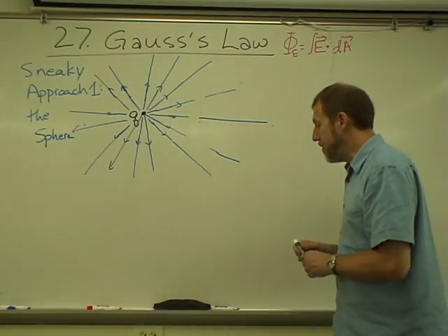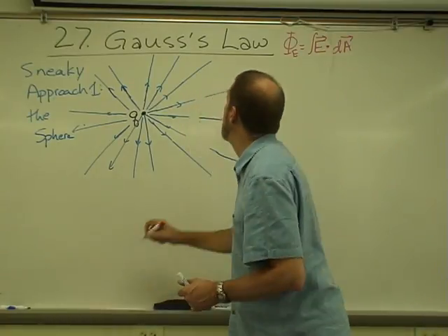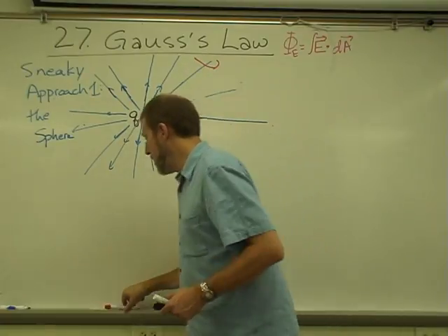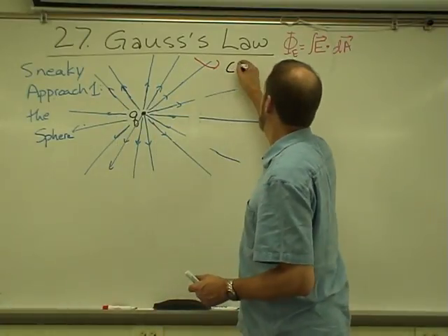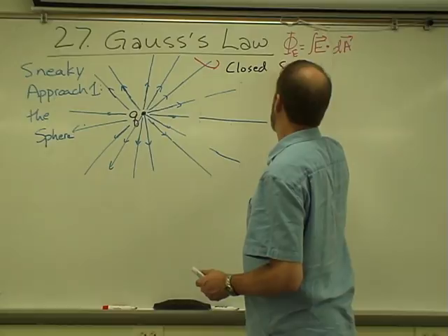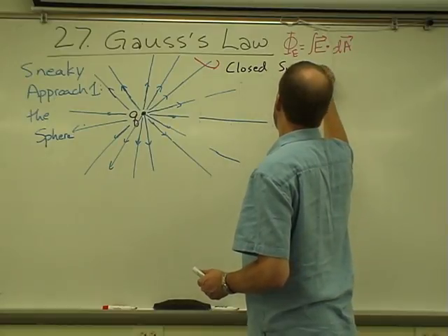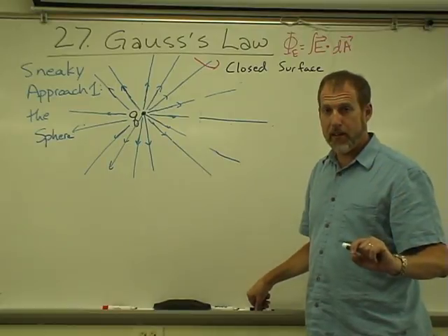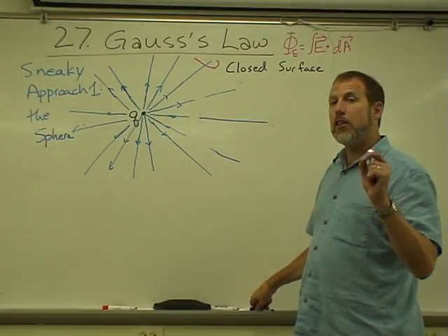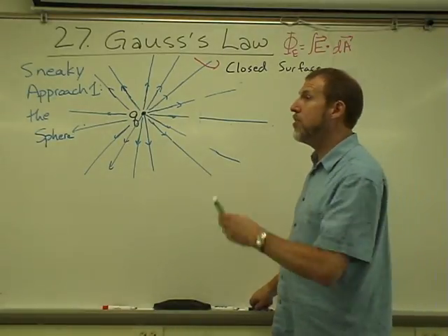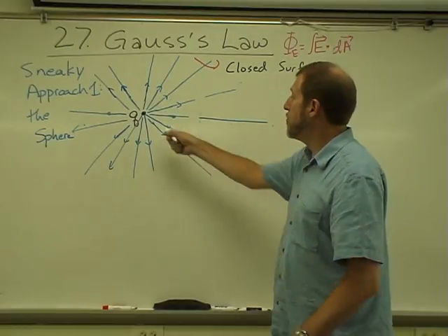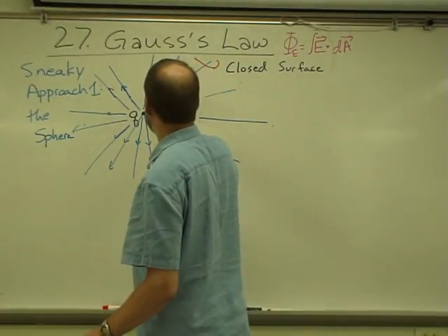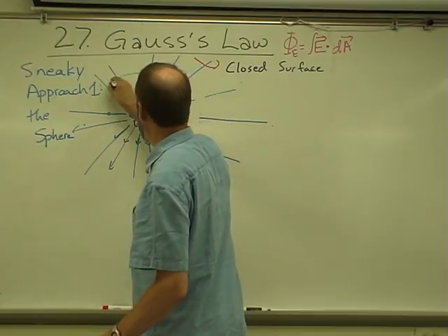The sneaky bit, well, what I'm doing here for Gauss's law has to do with that integral over a closed surface. So, I'm going to look at three closed surfaces. Here's the first one, the sphere. Suppose I take a point charge, and I could take